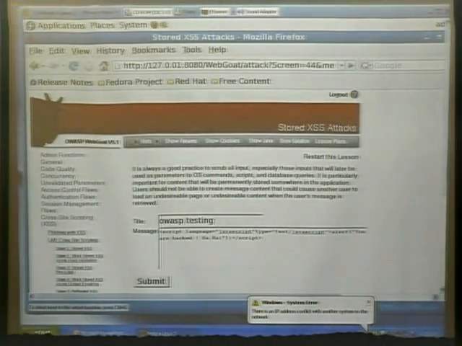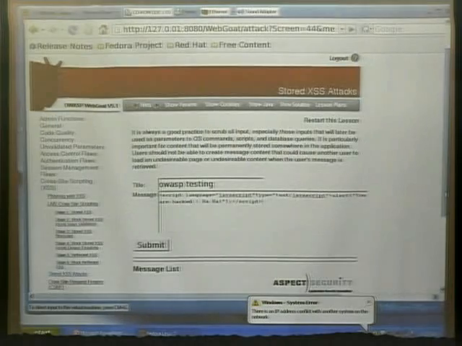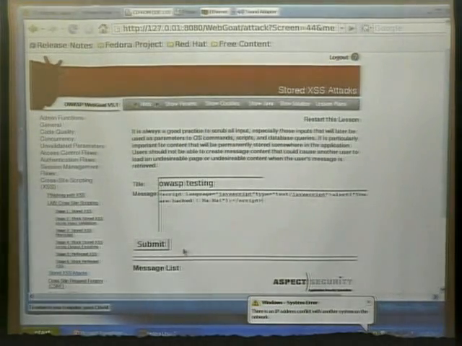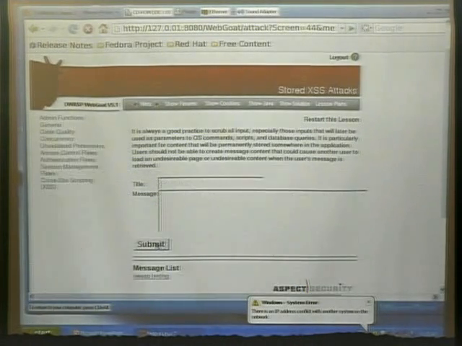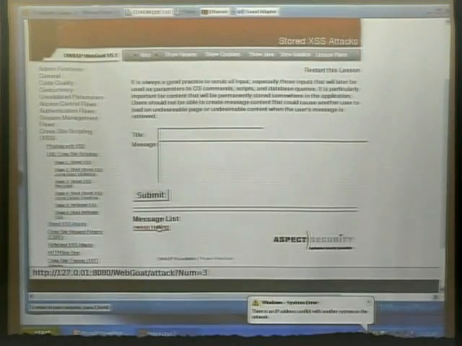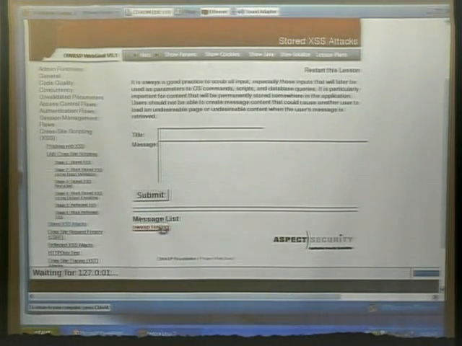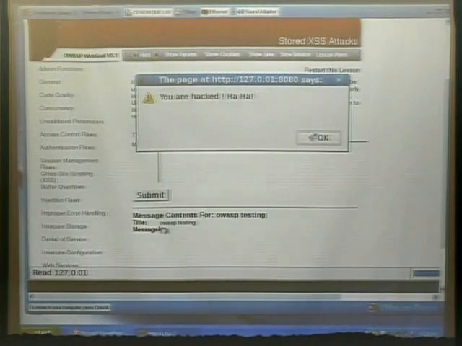So that's basically what I have, script languages and then JavaScript. All right, that's submitted. This message will show on the message list. If somebody comes across this message and happens to click on it, that would actually show the